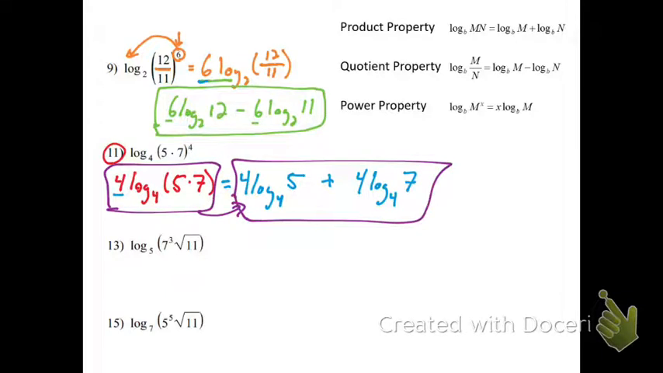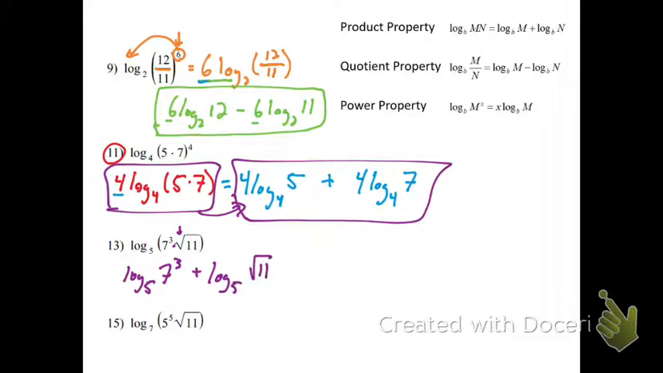That's when you're done. Now, on number 13, we're going to first realize that this 3 is on the 7. It's not in here. So this is 7 to the third times root 11. So we have a couple different things we have to worry about here. The first thing, since it's multiplication, we're going to split it up into addition first using the power property. So it would be log base 5 of 7 to the third plus log base 5 of the square root